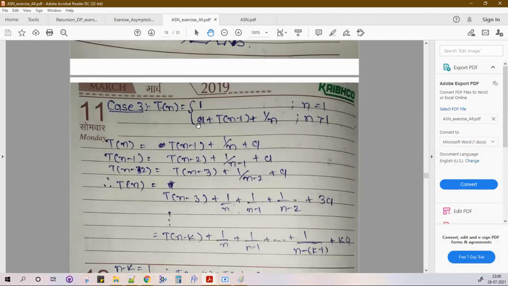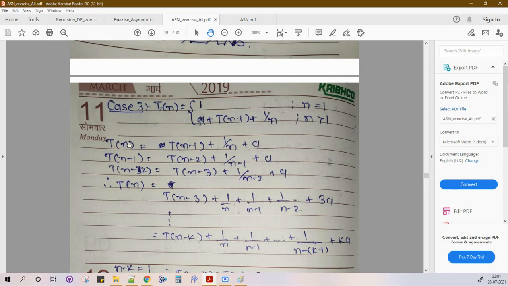The if condition will take constant time a, then I'm making the recursive call t of n minus 1, and I'm calling my function b, which is of order of 1 upon n. So it is 1 upon n. Now let's try to solve it. T of n is nothing but t of n minus 1, 1 by n plus a. T of n minus 1 is t of n minus 2, 1 by n minus 1 plus a.